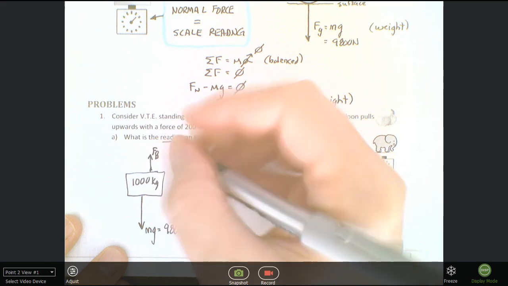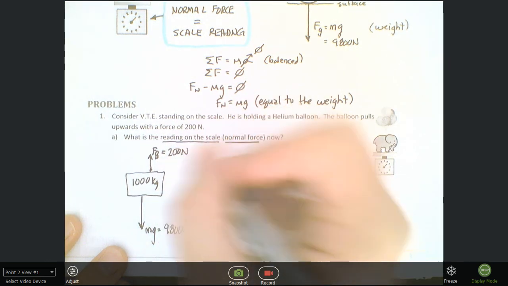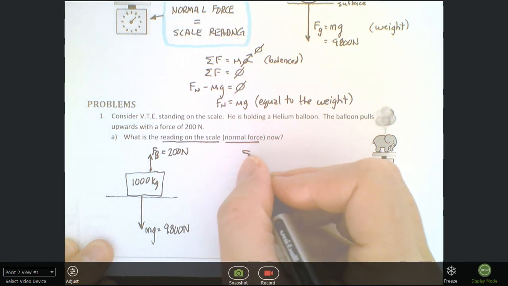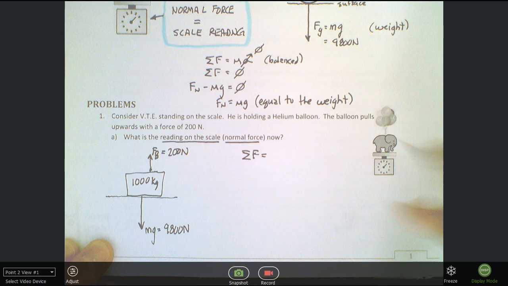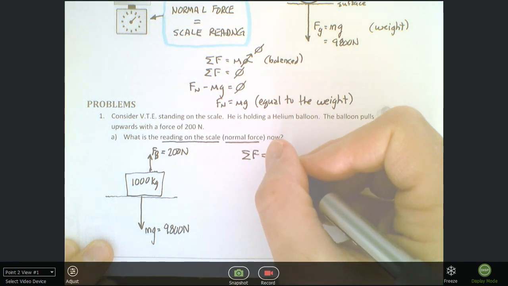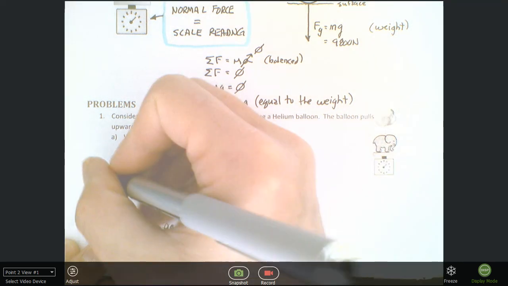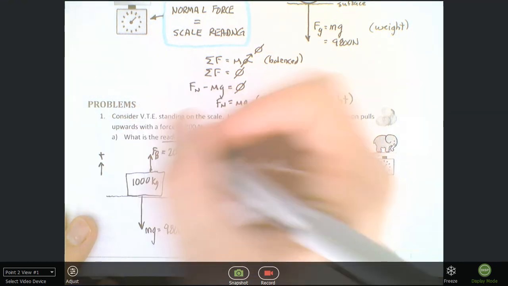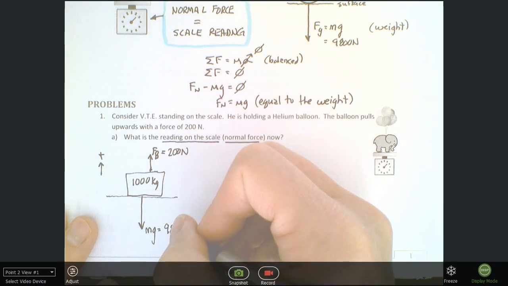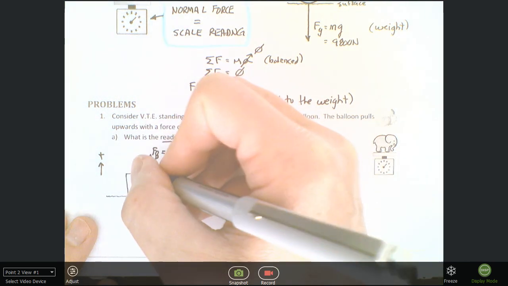That's F subscript B, and the balloon force is 200 newtons. Okay, well, there's a surface. Is the object accelerating up or accelerating down? No, stationary on here. So we know that the forces are balanced. Okay, well, if we choose up as positive, then we would say, oh, wait a second, this isn't balanced. This thing is accelerating through the ground like crazy, but it's not because you must include